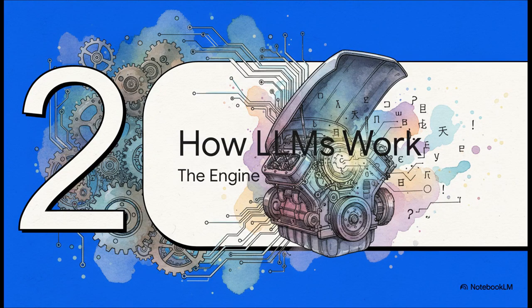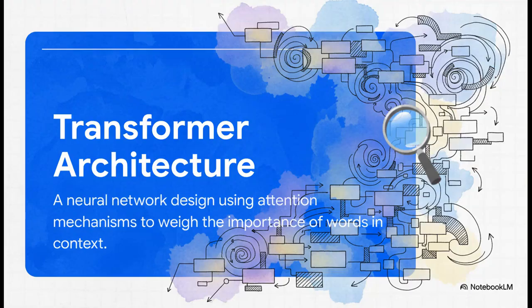Okay, so how does this stuff actually work? Let's pop the hood for a second and take a look at the engine that's powering this whole revolution. What's the secret sauce? What's the fundamental design that makes it all possible? Well, the big breakthrough really happened back in 2017. It was a paper that introduced what's called the transformer architecture. And its key innovation was something called attention mechanisms. You see, before this, models really struggled with long sentences. They'd kind of lose track of the beginning by the time they got to the end. Attention lets the model look at the entire sentence at once and figure out which words are most important to which other words. It was a total game changer.